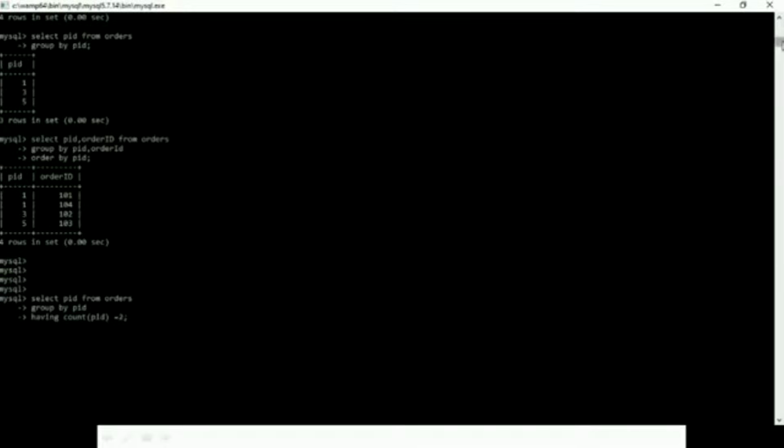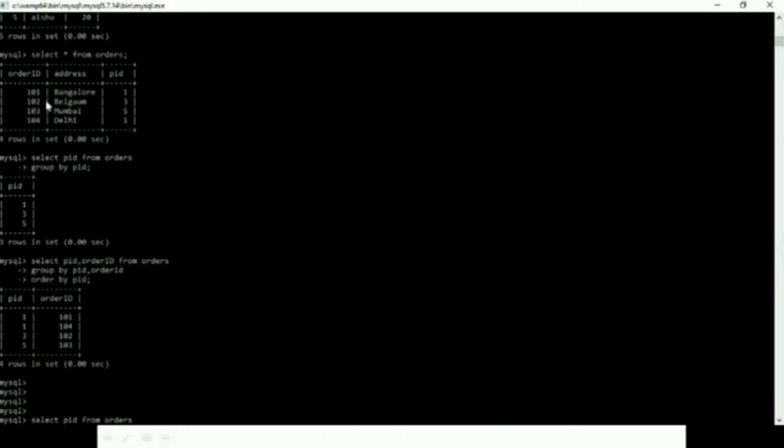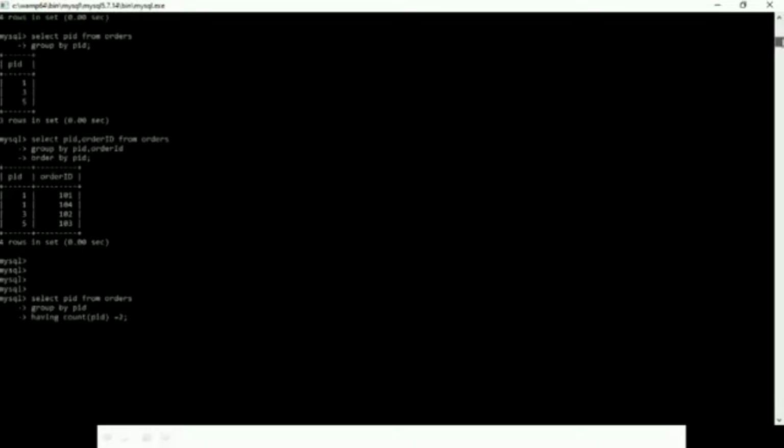अभी देखो इधर आप इस टेबल को देखो. So what I have written, PID से ये ग्रुप करेगा, so there will be three groups 1, 3 and 5. फिर ये काउंट करेगा कि each PID कितनी है. So ये PID 1 कितनी बार है, 2 बार है, PID 3 कितनी बार है, 1 बार है, और 5 भी 1 बार है. So I have written having the count of PID, it will count the PID equal to 2. Equal to 2 count PID का किए तो सिर्फ एक कॉलम है जो जिसका PID 2 आता है, so that is 1. So if I execute this now,